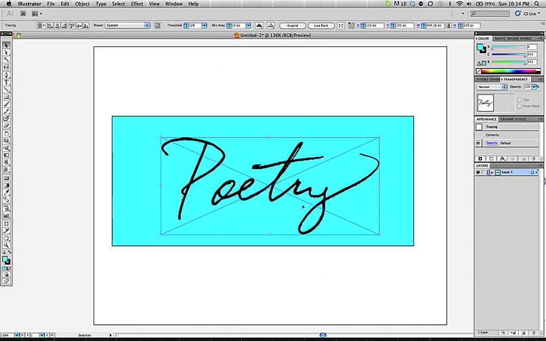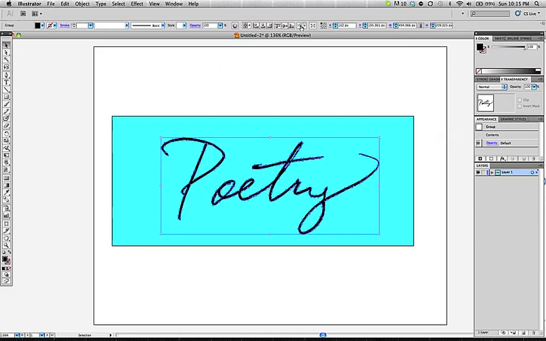kind of a reference of an image. It has been converted to the appearance of vector artwork, but I still wouldn't be able to select any paths with my direct selection tool here. The final step in doing a live trace so that you can manipulate your paths or have a little more access to that artwork would be to expand it, and there's an expand button right on the top control bar there. So when you click on expand, it finalizes the live trace,